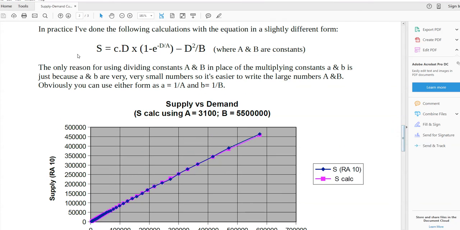Originally I took a value of C of about 0.9. I think, perhaps the maximum ratio you're going to get is about 90% supply matching demand. But when I tried one or two calculations, it didn't seem to matter whether it is 0.9 or 1. So for the rest of the calculations I make C 1. So that's it. In theory you could get up to 100% supply meeting demand.